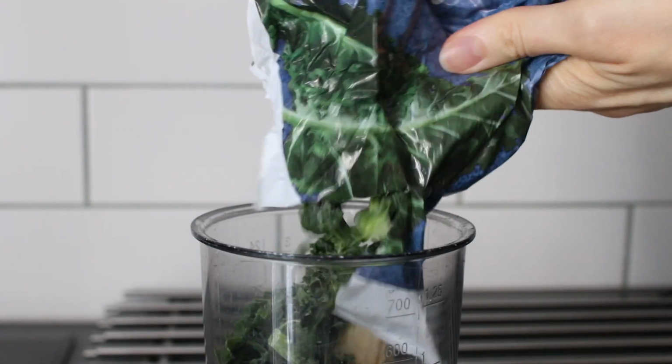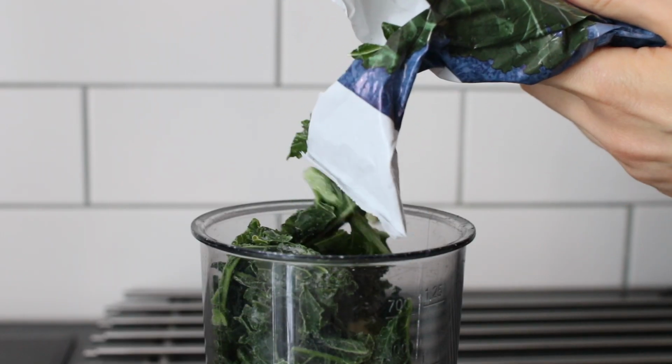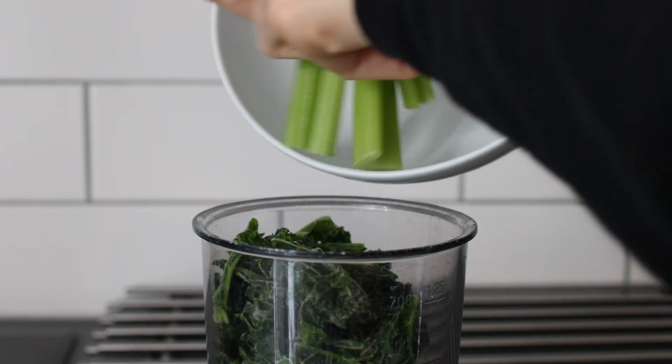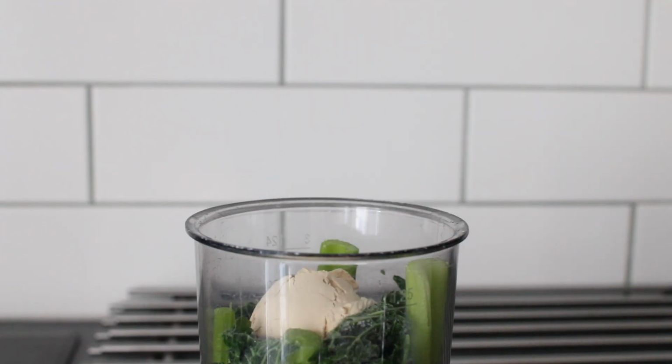smoothies because they're so healthy, but I was inspired to make a green smoothie today because I had celery at home that I had to use, and I just feel like they're fitting for a green smoothie. So yeah, I added the celery, then I also added pea protein,